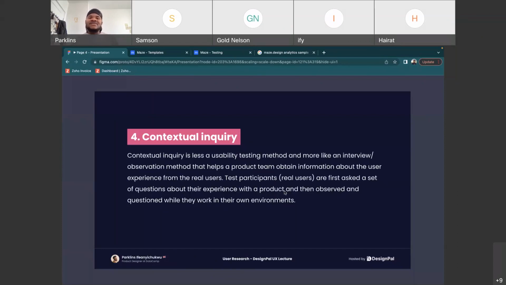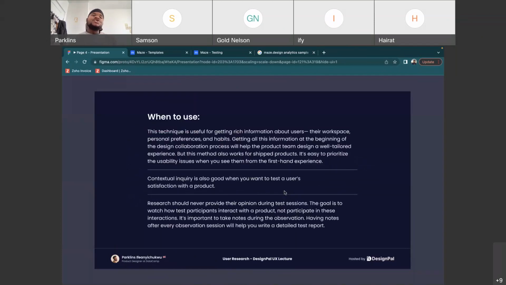So it is you asking questions about how users have experienced something. It is more like an inquiry. It is more like an interview, similar to the post questions that we have after a session, asking them, oh, how was it? How does it feel? Talk to me about when you use this product and you try to click on this. What is your experience? How does it make you feel? What is this? What is that? Right? So, when to use this method: this technique is useful for getting rich information about users, their workspace,